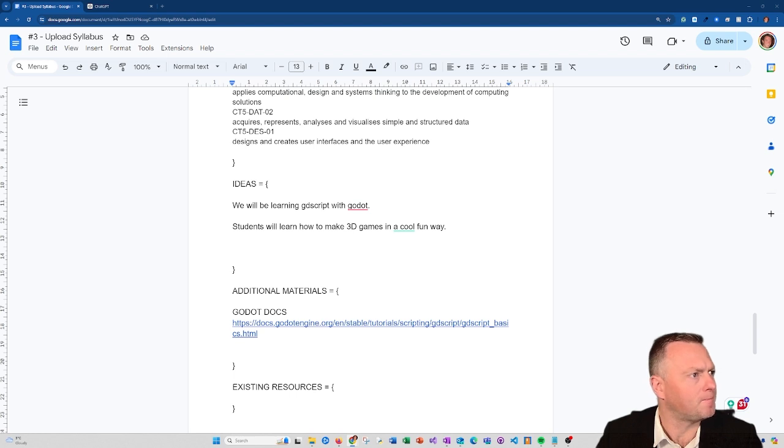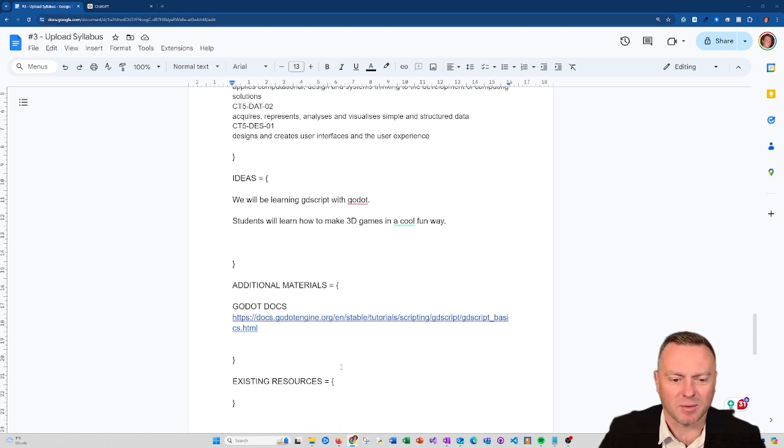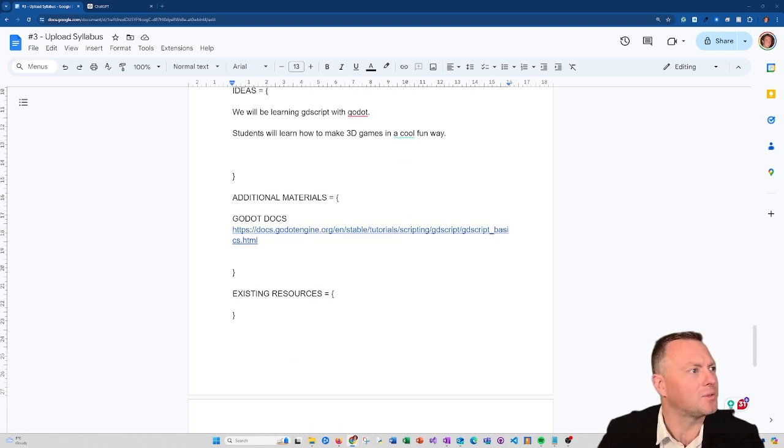So, when you do your Godot training, it's very important to make sure that you've got links to all the stuff that you would use with that. So you can put more links obviously in there. And then the existing resources, this is kind of cool because I have taught this before with Godot, but I did it with a different unit of work. Instead of retyping all that out again,